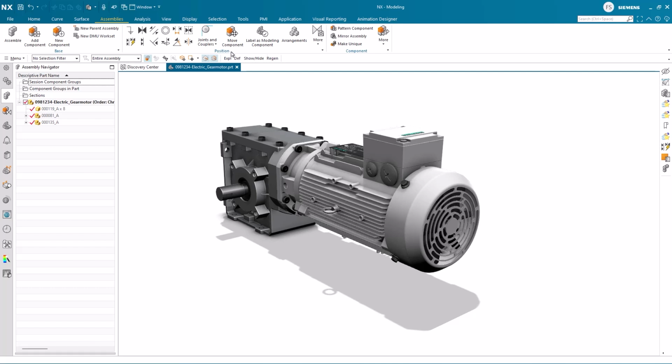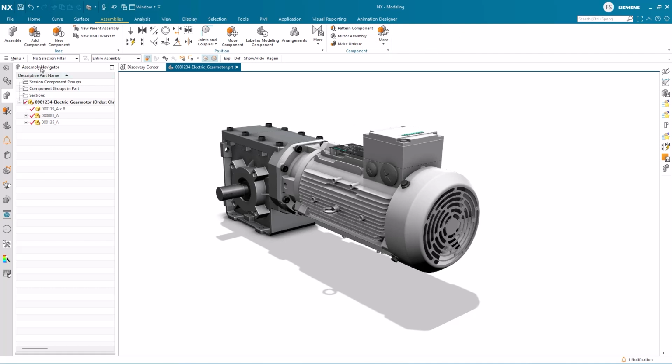In addition to the constraints, there is also the option to use joints and couplers. These are a bit more advanced as they also define how parts move relative to each other. The good part, however, is that if used, the constraint can be reused downstream by, for example, the motion application and others within NX, where motion of the assembly is utilized. Move component and pattern components are also tools that we will be looking at in this session.